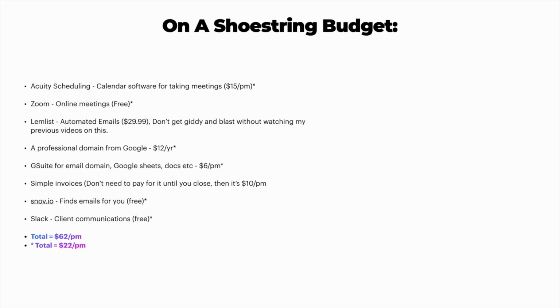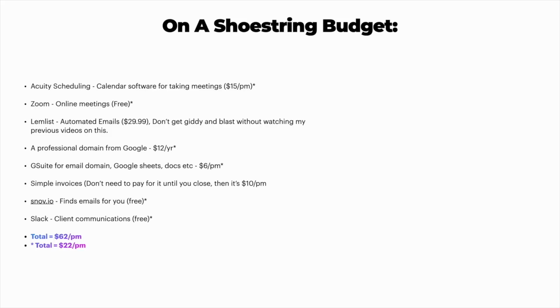Then I want you to also go and get G Suite. This is highly recommended. G Suite is the actual email provider from Google. So you have to buy a domain, then you have to buy G Suite. G Suite again is the email domain, which would be, you know, montel@montelgordon.com. Now I kind of messed up before. I said a professional domain. A professional domain is basically like your website name. Your email domain is your actual email that's linked to that website.